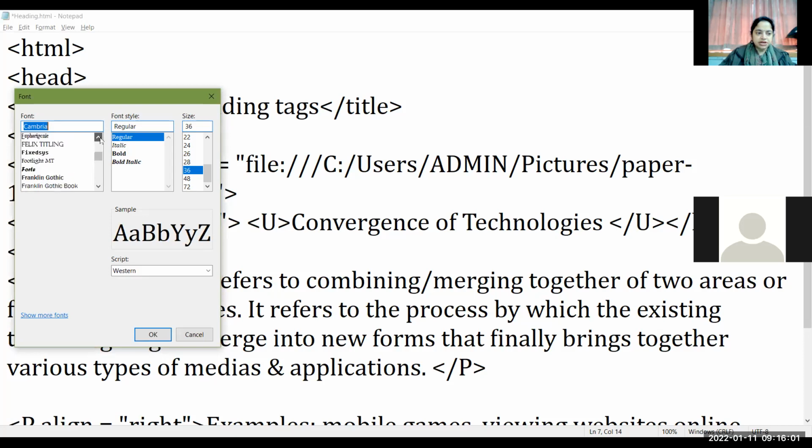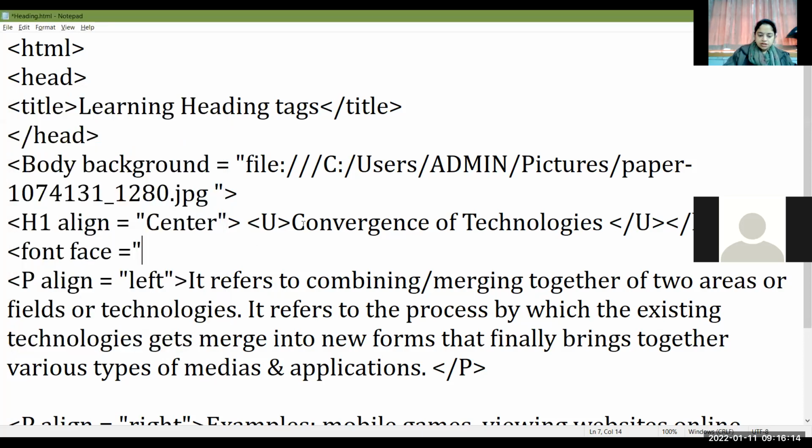अगर spelling गलत हो जाएगी तो आपका वो font apply नहीं हो पाएगा. Okay? Use any font from here. Suppose I'm using cookie, COOKIE. Okay, close. Now color equals to, suppose I want to use white. Then size equals to, okay, size you can give between the numbers 1 and 7. Font size you can give between the numbers 1 and 7.